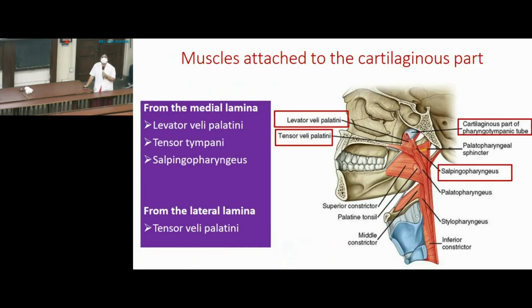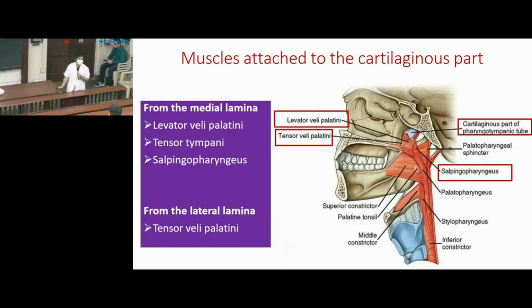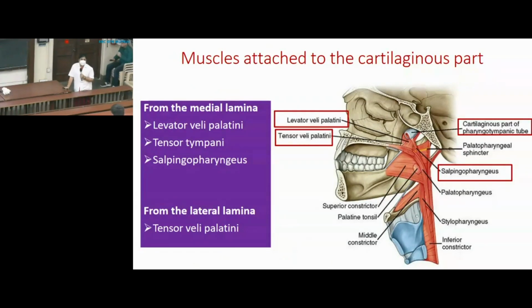What is the nerve supply of salpingopharyngeus? Pharyngeal plexus. What is the nerve supply of stylopharyngeus? What is the nerve supply of palatopharyngeus? Three longitudinal muscles of pharynx. Salpingopharyngeus by pharyngeal plexus, you said. Stylopharyngeus by the glossopharyngeal nerve, and palatopharyngeus by